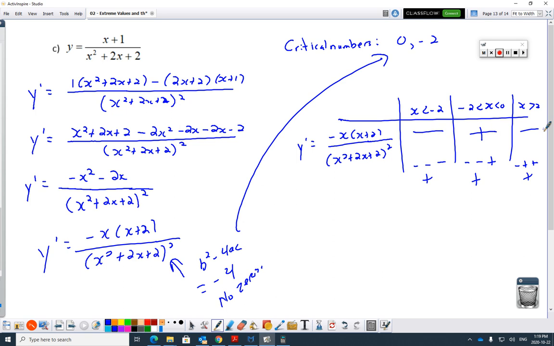Let me just highlight the conclusions there, because all those negatives and positives might confuse the issue here. Basically, though, what I've got is decreasing, then increasing, then decreasing. One more time, this conclusion from this lesson. If I go from decreasing to increasing, that's a minimum. So there's a minimum at -2 comma something. I'll get that in a minute. That's not a problem. And then there's a maximum at